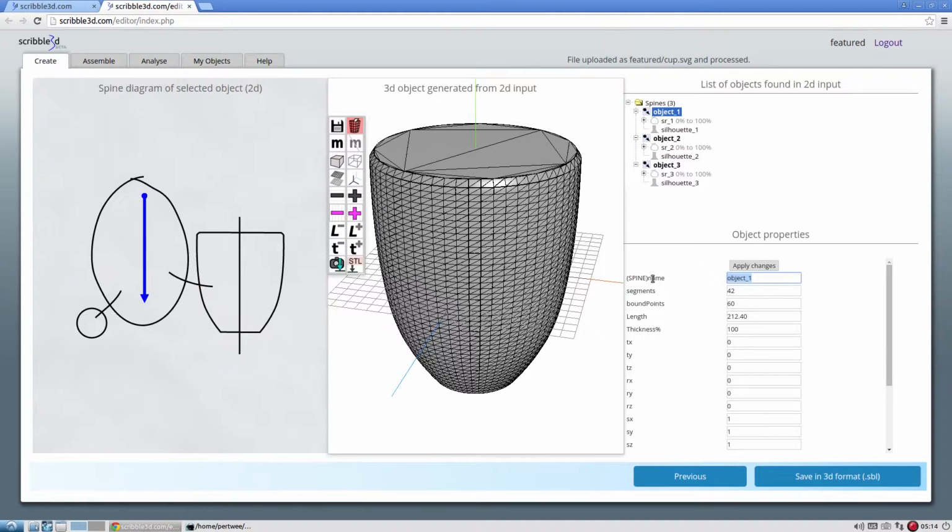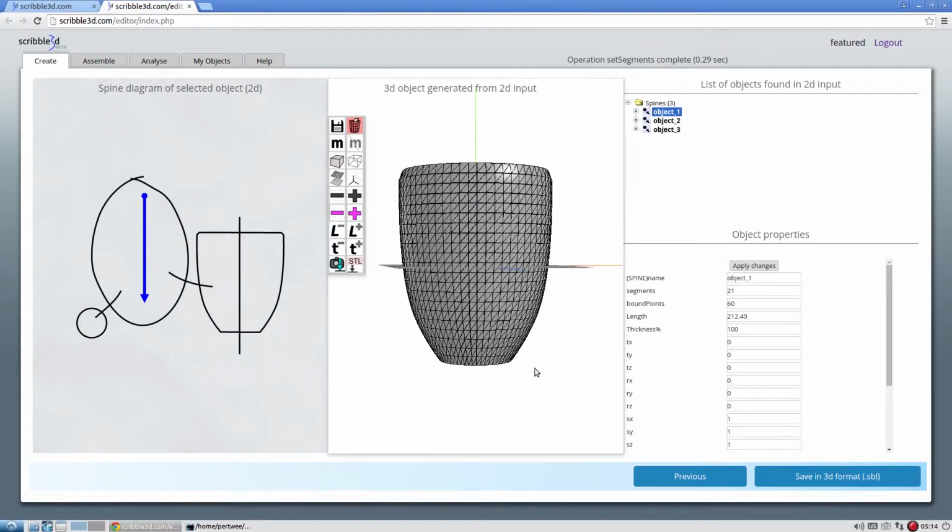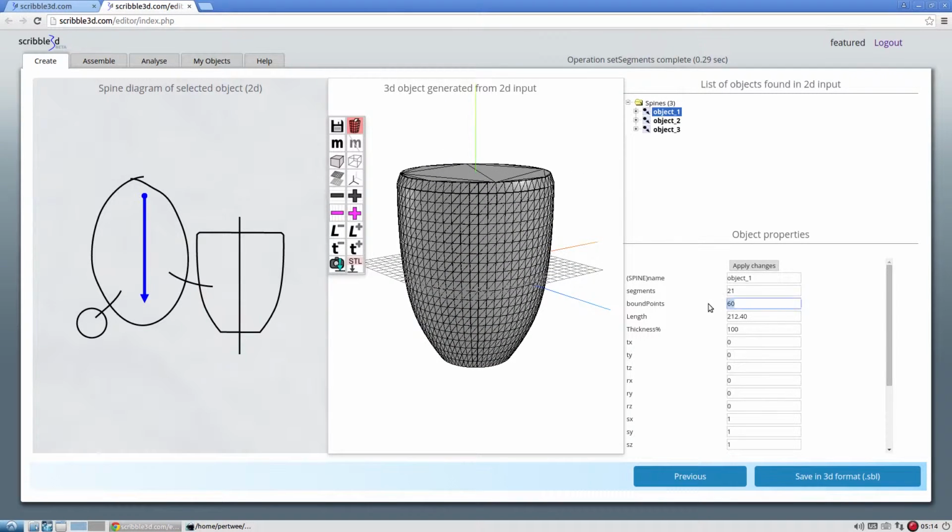If desired, change the name or properties of the objects. Adjust resolution if desired.